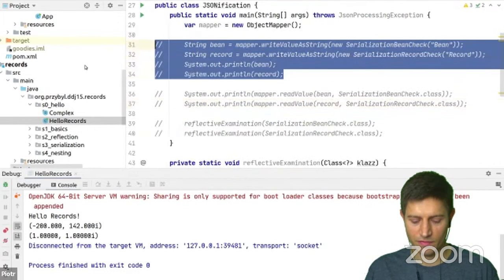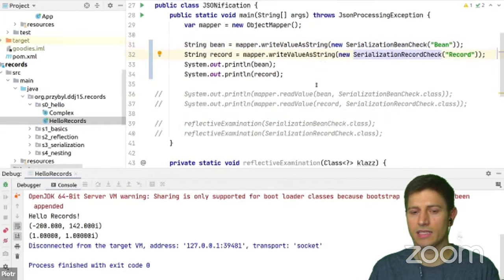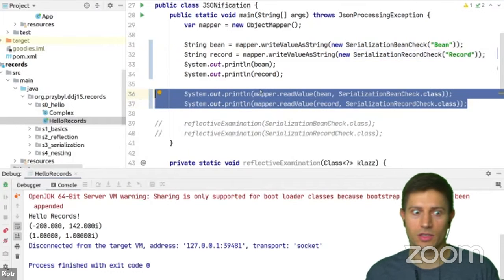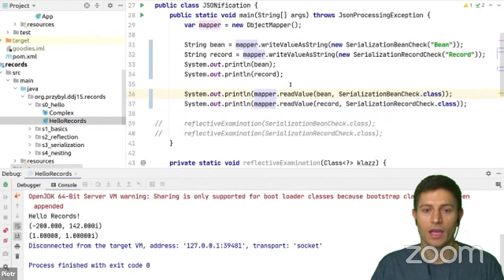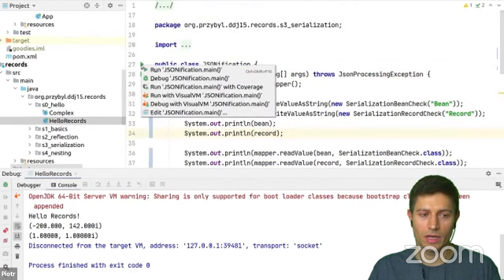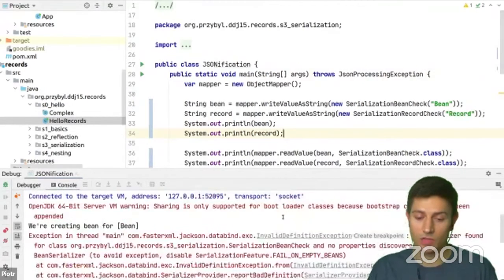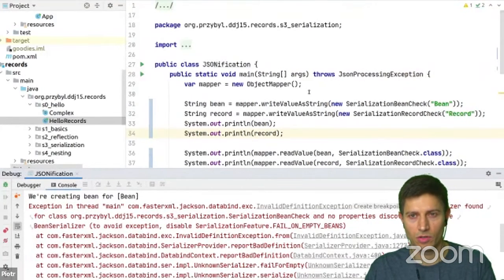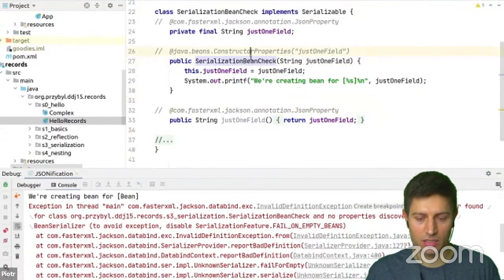In this very example, I have a bean and I have a record, and I'd like to serialize them using Jackson, because many of us are doing these REST endpoints and so on. So when I try to run it, it's going to blow. Yeah, it blows because from Jackson's point of view, these are empty beans, and I'm using Jackson version 2.11 something. So to make this work, I need to uncomment these